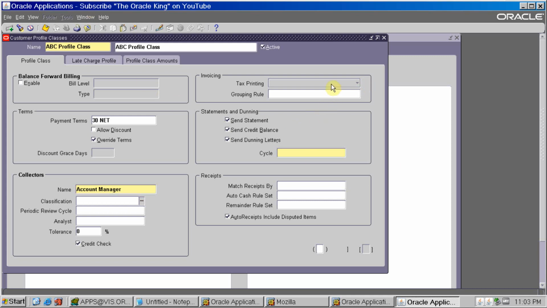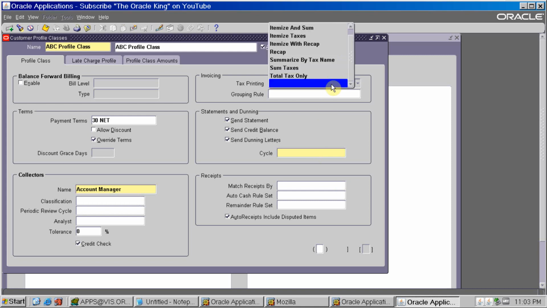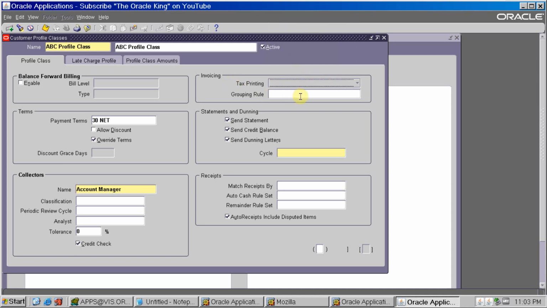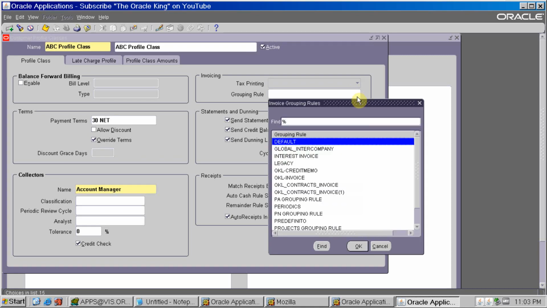Now invoicing, tax printing. On invoice tax printing, how do you want it: itemized, some itemized tax, itemized with recap, summarized by tax name, some tax, or total tax only. For now we can leave the tax printing null. Next is the grouping rule.